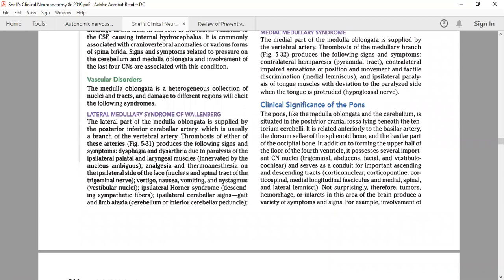The Pons, like the medulla oblongata and the cerebellum, is situated in the posterior cranial fossa lying beneath the tentorium cerebelli. It is related anteriorly to the basilar artery, the dorsum sellae of the sphenoid bone, and the basilar part of the occipital bone. In addition to forming the upper half of the floor of the fourth ventricle, it possesses several